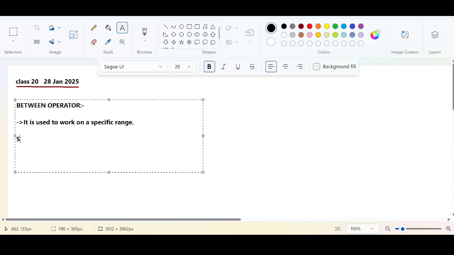Right? The syntax. So you will be using the where column name. You just take a column, and in that column you will be having a number of values. But you want to retrieve data within a particular range. So we'll be using the between operator, and remember the range should start from the low value,